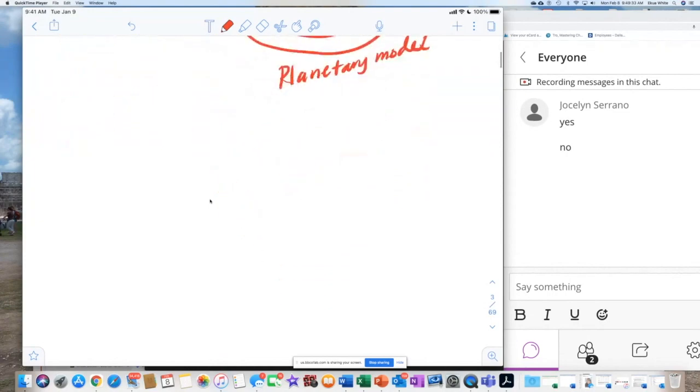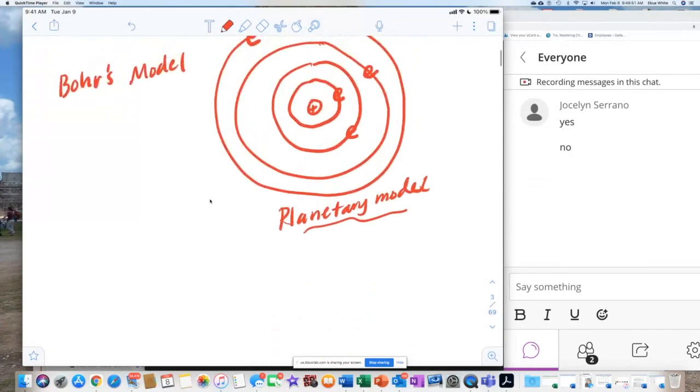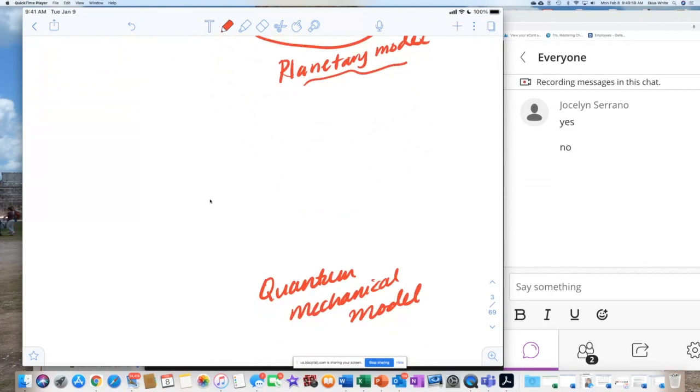So with this one here, it's difficult to find pictures of it. We have the quantum mechanical model. I can say its name is not as fancy, it's not as relatable as the planetary model. The planetary model follows the idea of the planets, right? How the planets are related to the sun, their positions, their orbits, and everything. The quantum mechanical model, the average person